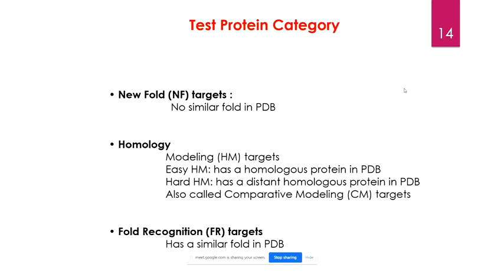Now a homologous molecule can be of two kinds: easy homology or hard homology. What is easy homology? Easy homology means they already have a homologous protein, like hexokinase and glucokinase. They look exactly alike, easily. So if you have already solved the structure, 80% of the structure is going to be the same, and the rest of the 20% I have to predict. And it's really easy to predict the rest of the 20% because 80% of the structure is solved.